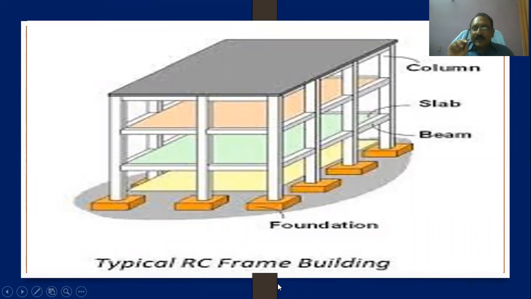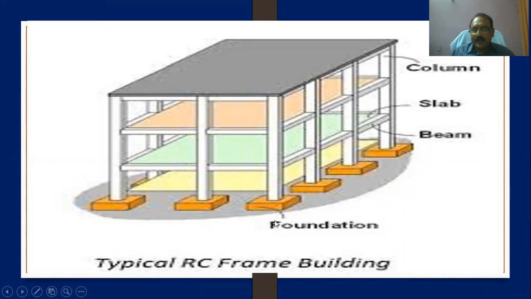First of all, you study the plan, you observe the section, then only you are able to calculate the quantity. How? Very simple mathematics. LBH. If it is a volume, L into B into H, length, breadth, height. If it is area, length into breadth. If it is running meter, it is only length.